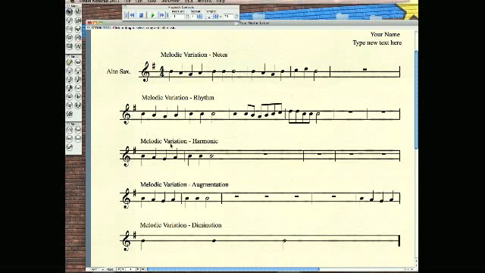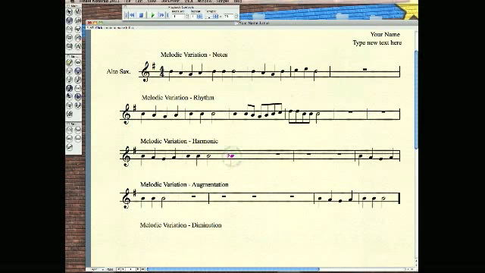Now I'm going to deal with melodic variation with harmonic. So I'm going to change some of the notes in here that are not in the key. Notice my key signature says 1 sharp, F sharp. So I'm going to change some of these notes harmonically to make them sound in a different key. I'll grab my quarter note and I'm going to grab a B flat. B flat, take the flat off, A, G, A,